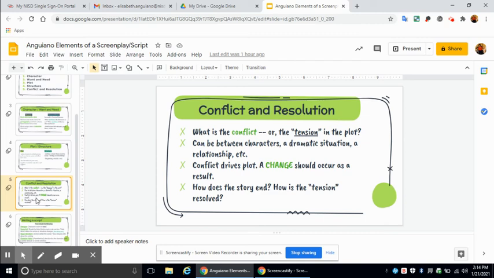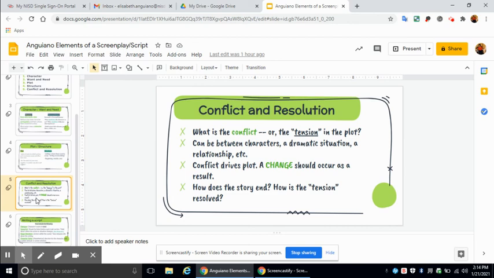So, raising, depending on what it is that you choose, right? The villain, the rival, whatever it is that you choose. By raising that opposing force, you are increasing the tension within your play. So the conflict drives the hero out of their current circumstances and it drives them towards change, right? So as they develop, their need takes prevalence over their want until they're truly changed as a resolution. Okay. And so, again, this idea conflict drives the plot. A change should occur as a result.